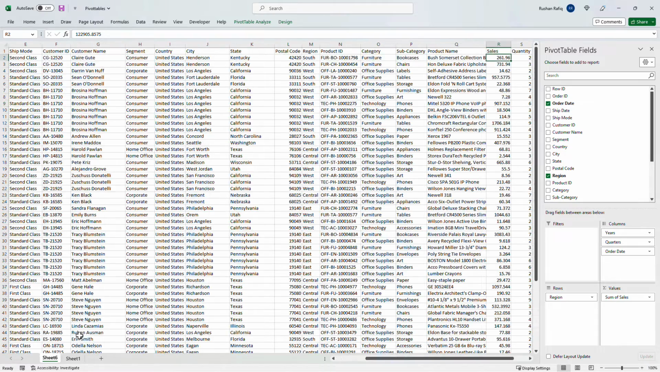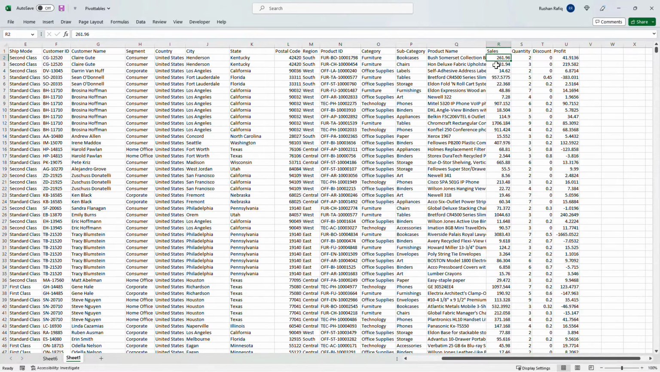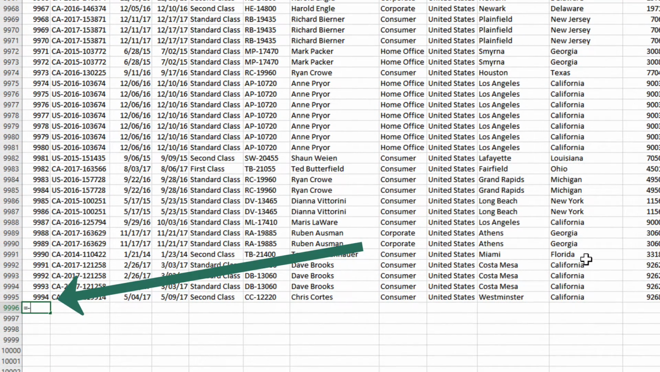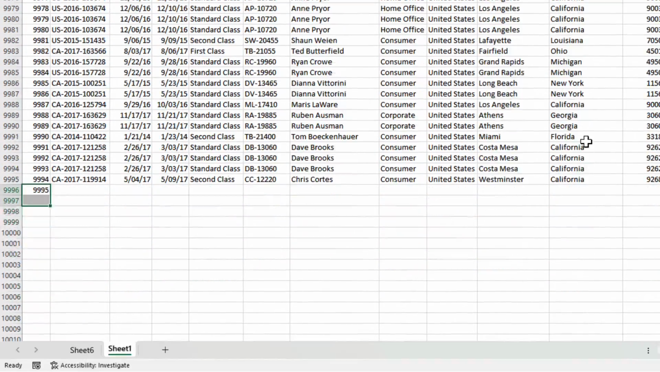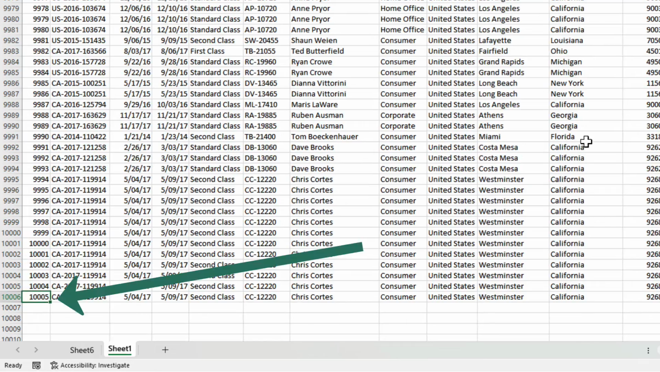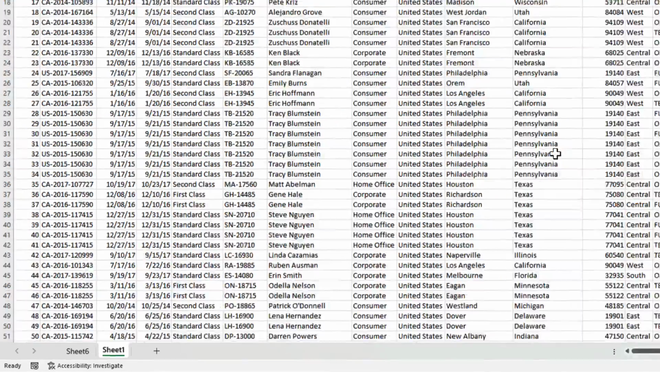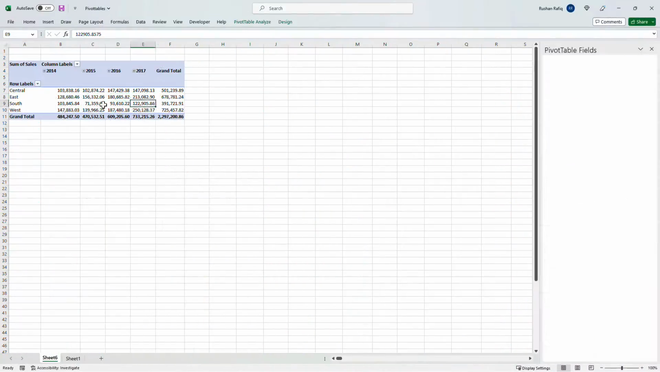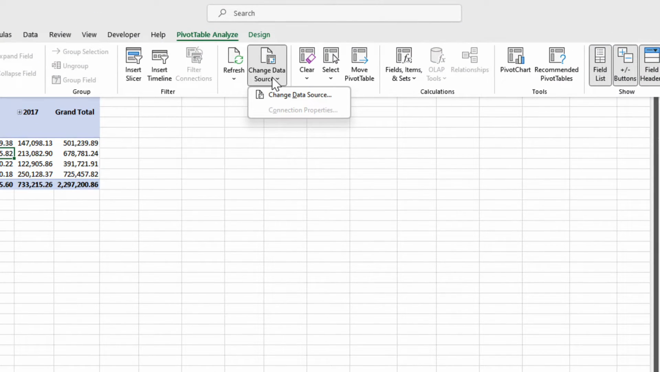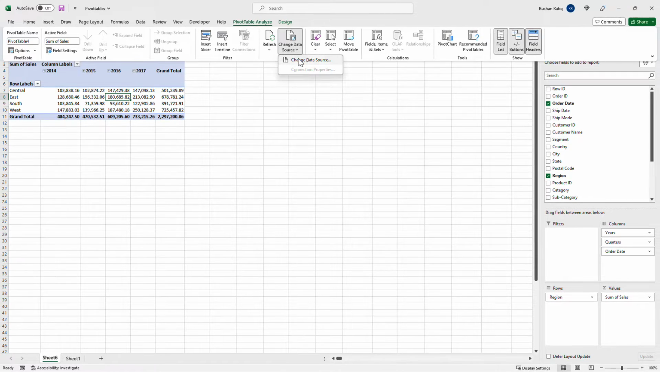Now let's say you've been told that there is some additional data available. Your current data is only up until row 9994, and now there is an addition of a few more rows, such that your data has expanded to row number 10006. In this case, to update your pivot table, you will need to go to PivotTable Analyze and select Change Data Source. Also, let's keep an eye on the total number, as this will help us ensure our pivot